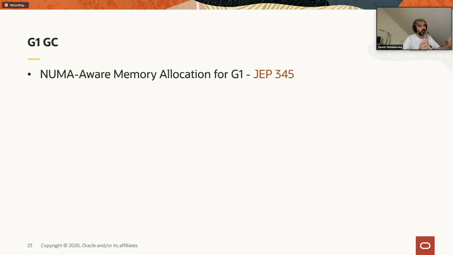So from one core, accessing a given memory might be more expensive because it's more distant than accessing memory in a different part, from different cores. Parallel GC has been NUMA aware for a long time. So in 14, we added NUMA support for G1.